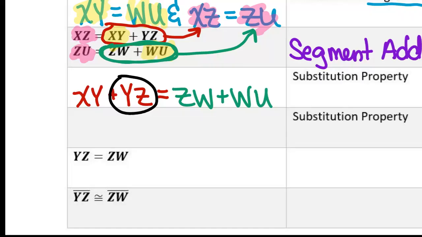I want YZ to stay right where it is. I want ZW to stay right where it is. I want this to go away, and I want this to go away. But I can't make it go away yet. It says I'm going to use the substitution property again. But why can't I just make these two things go away? They're not identical. They're not exactly the same. This either has to be changed to a WU, or this has to get changed to an XY. Can I do a replacement like that? Yes. We were told right here that those are the same size. So I can say